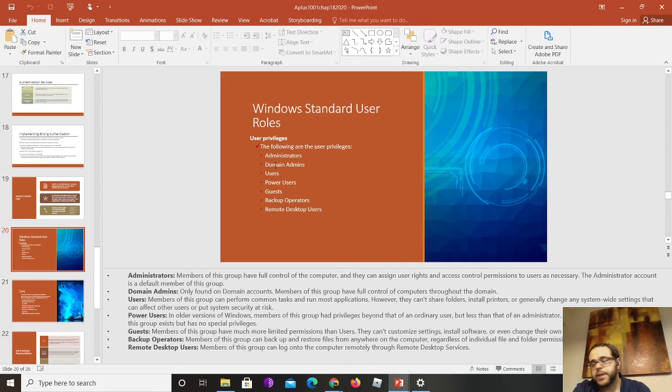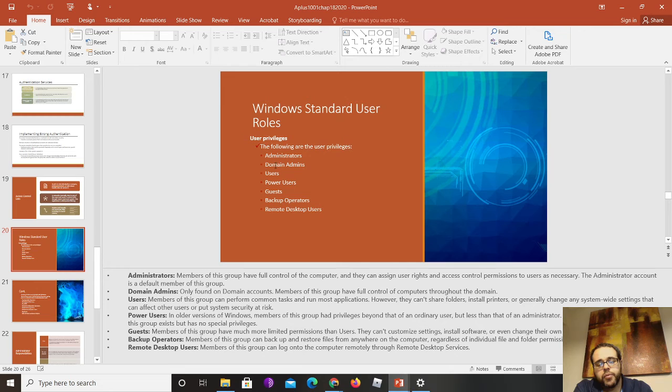They can't customize the system, they can't install software, they cannot do much. I guess even the password they cannot change. However, it is a best practice not to have those enabled. Backup operators, members in this group can do backup and restore files from anywhere.